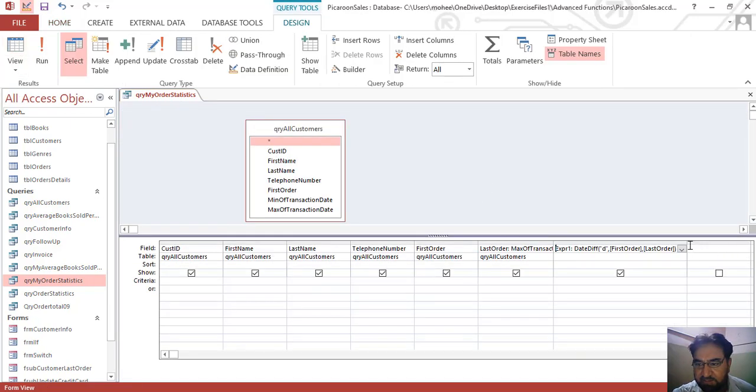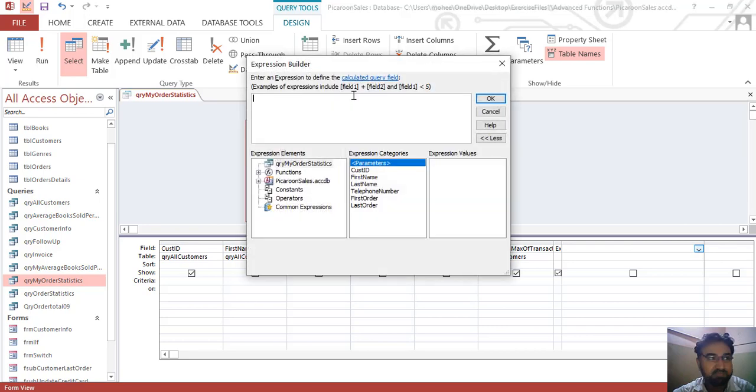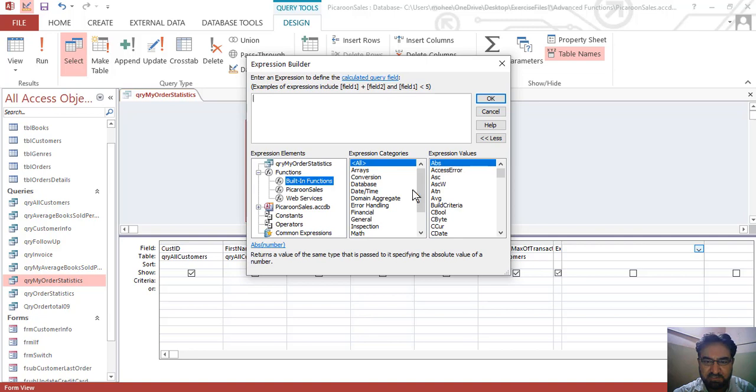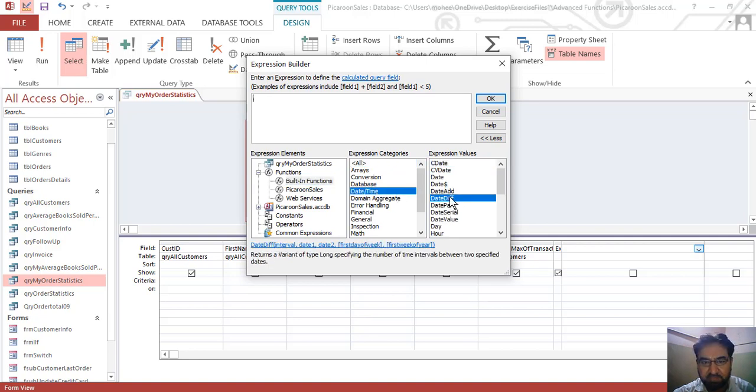So let's write the expression one more time, and this time we would like to find the time lapsed till today since the last order.